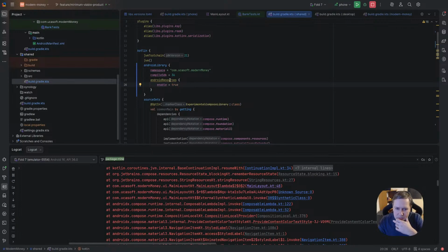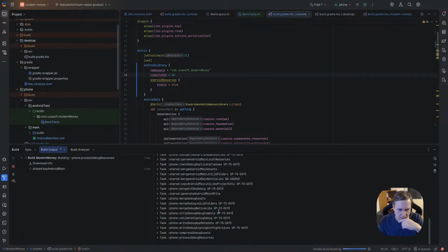Android resources is marked unstable. But who cares? I need it works.